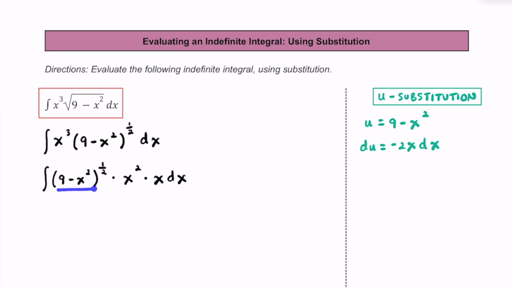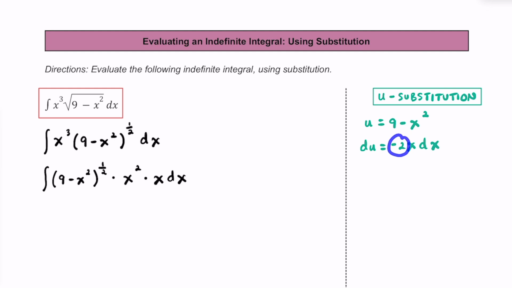All right, so again, we like this 9 minus x squared. We can say that's just going to be u. And then now we have this x dx, which is really close to what we have over here for du. We just have to take care of this negative 2 now. And we'll deal with this x squared that is over here in just a moment. So to introduce this negative 2 into our integral, let's multiply our integral by negative 2, but we have to balance that out by multiplying it by negative 1/2